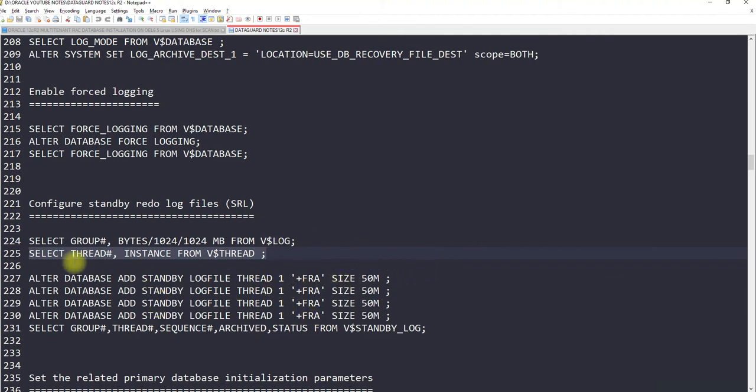Now let's create the standby redo logs on the FRA location. Just a second. Okay, so let's create it. You just need to run it.